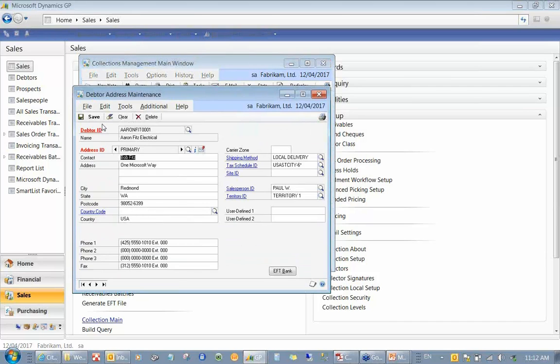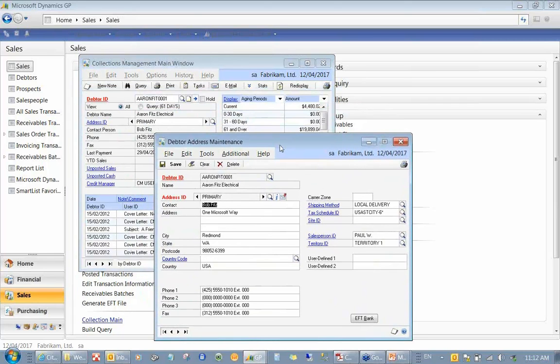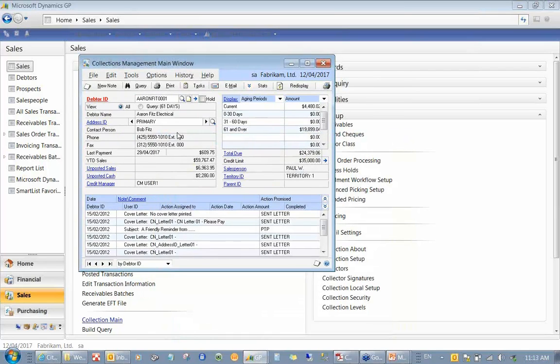Then you get any other address or contact related information readily on hand. So that's the contact information, and also in this part of the window, it gives you a summarized form of how this customer has been performing. Things like when was the last payment made, right? This field here, last payment made on the 29th of April